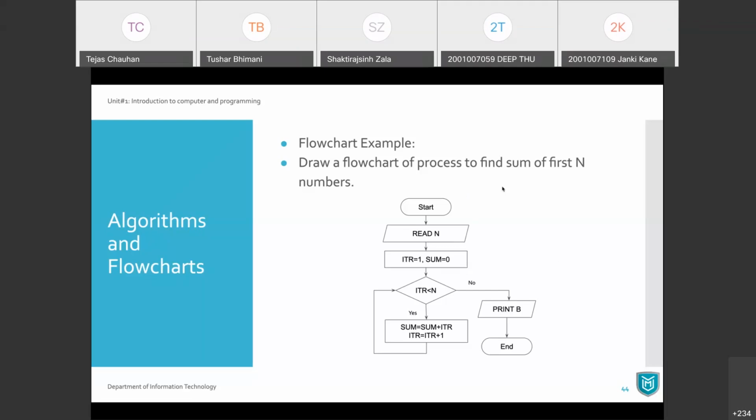Right? So what we do is we start, and then we first require n. So we take an input, read n, parallelogram. Now once we have that input, then we need to initialize some things, ITR and sum. Those initialization steps are a simple process, so a normal rectangle, where I'm going to set ITR equals to 1, sum equals to 0.